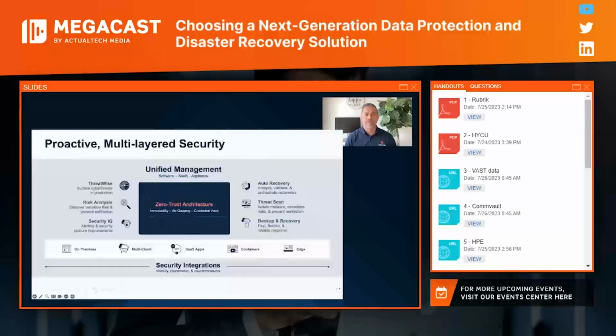Yeah, George, that's great. Those economics are amazing. And you touched on the security piece. I mean, when you think about Commvault, right? And being the only data protection platform on the planet, as you like to say, we're the only ones that can proactively help customers mitigate ransomware attacks, right? In our ThreatWise product.